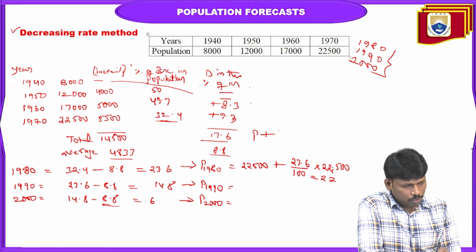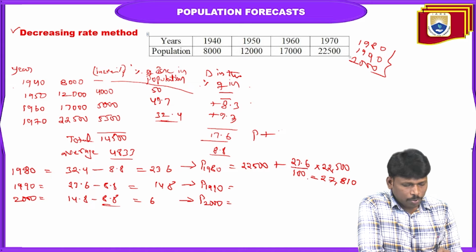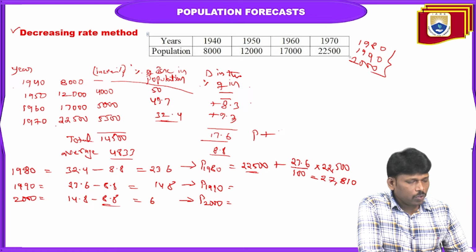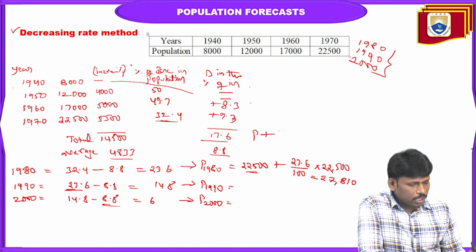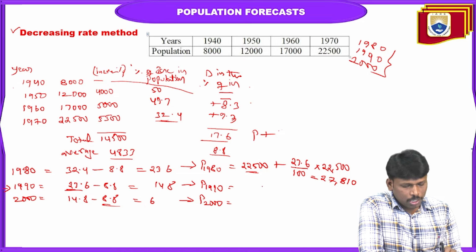Once after solving this one, here we will get 27,810. So this is the population in 1980. This is the value, actually the latest one for 1980. It is equal to 22,500. So now for the latest one, as in this case, the latest one for 1990, the estimated population is